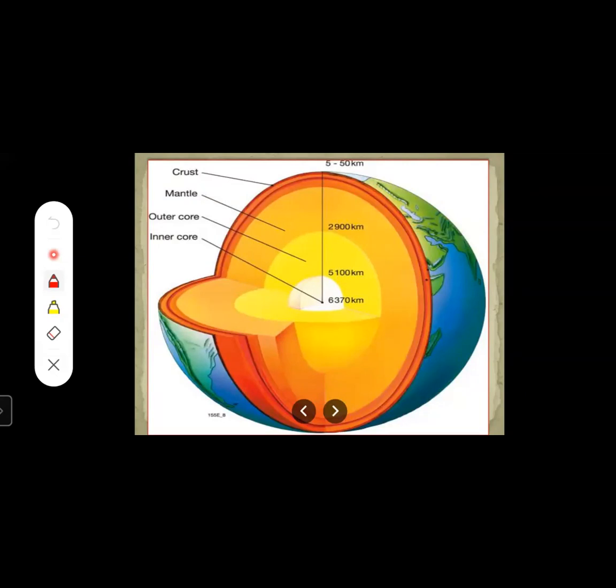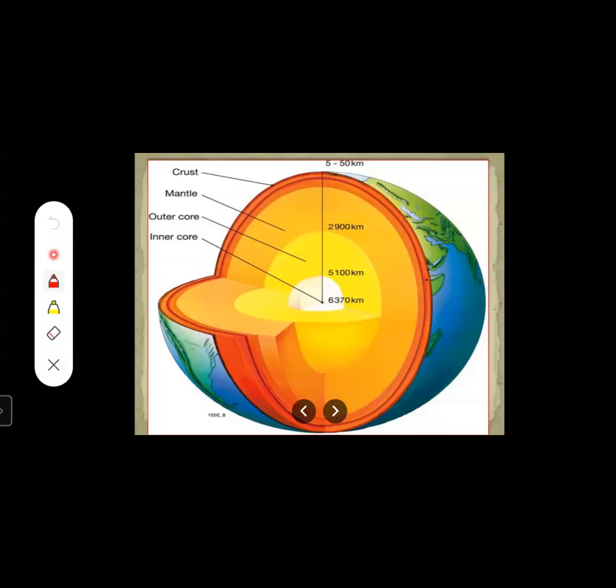So at the very first of this lesson, the introduction is about the Earth's interior. As we have been learning this interior, Earth's interior, from previous classes also. Yes, for each and every internal or external movement, we have to study the interior of the Earth, the process of the interior, how the Earth is divided in 3 parts, which are they. All these things we have to keep in our mind throughout this class 9th geography textbook.